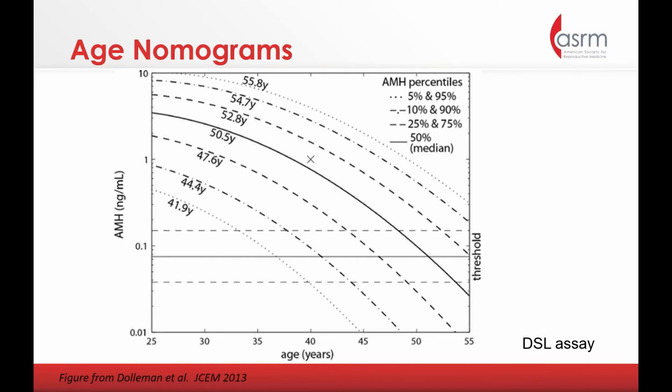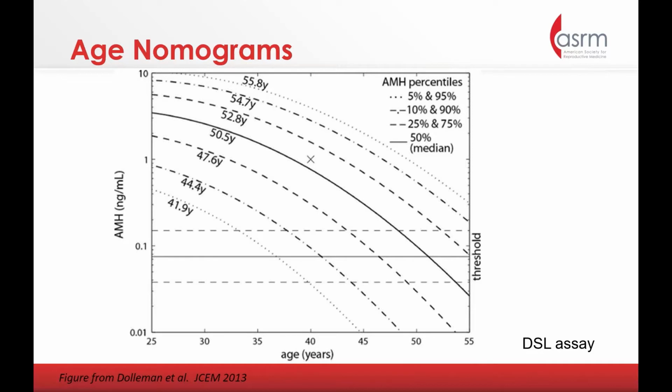For any given age and AMH value, one can determine a woman's AMH percentile, or what I like to call her ovarian reserve for her age. For example, based on this graph, a 40-year-old female with an AMH of 1 is at approximately the 50th percentile for her age. Therefore, 49% of women have more ovarian reserve or more eggs remaining in their ovaries, and 49%